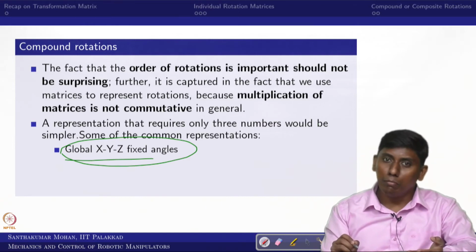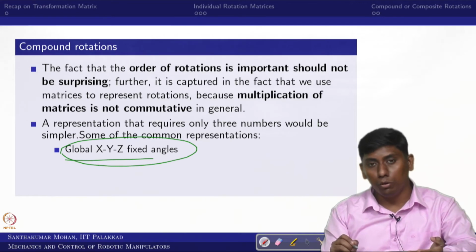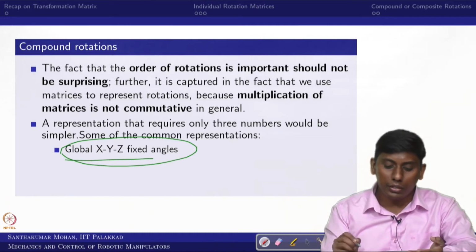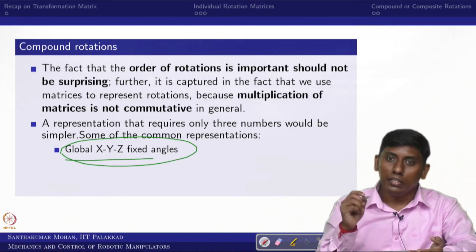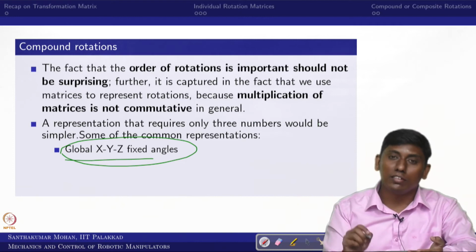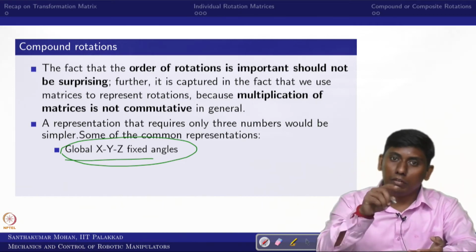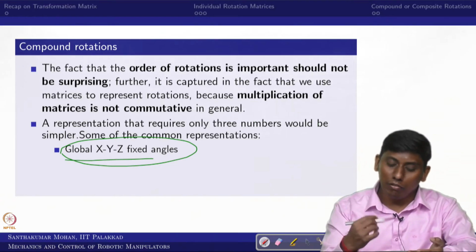This came from one of the popular researchers called Winkel. Some people, especially in the European community, call this the Winkel angle rather than global XYZ or global RPY angles. I hope now you are clear: there is one representation with rotation about the X axis, Y axis and Z axis of the fixed frame. First we rotate with respect to the fixed frame X axis, then Y axis and Z axis. In the next lecture we will see that in detail.